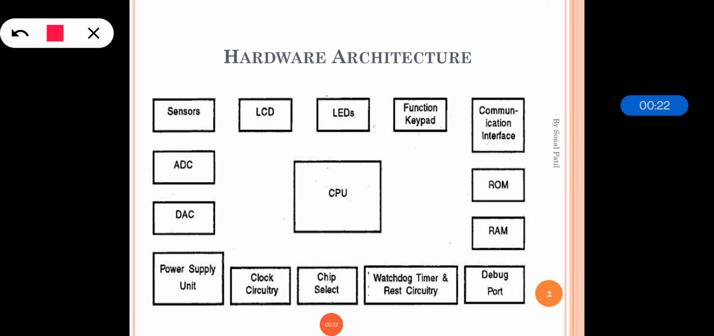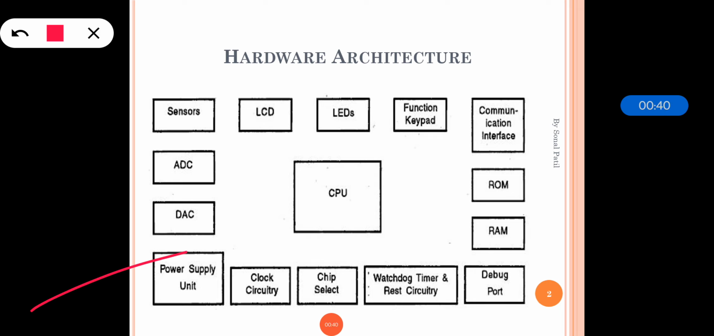Now definitely the question that comes to our mind is why we are seeing these two, because we know that an embedded system is a collection of hardware and software, so it is necessary to know both the architectures. So the various building blocks of embedded system hardware are shown in this particular figure, that is called the